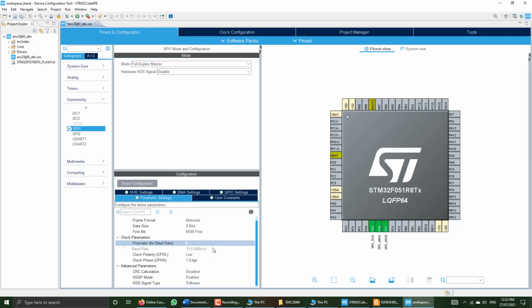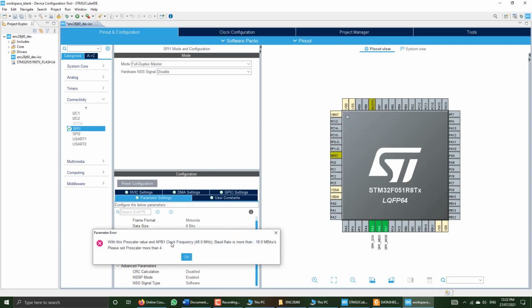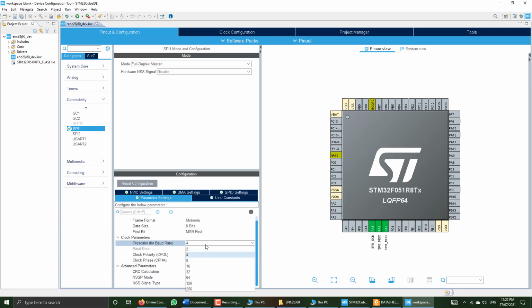This is the maximum speed we can achieve using this 48 megahertz clock source, because if you select 2, the baud rate would be 24 megahertz, which is more than the 18 megahertz supported by this microcontroller, so it is not possible. So we have to select 4 only.